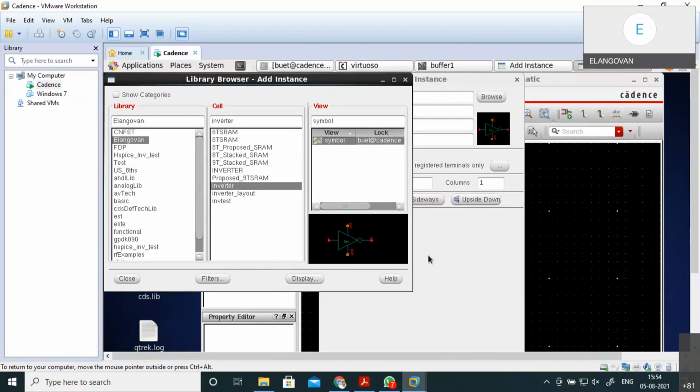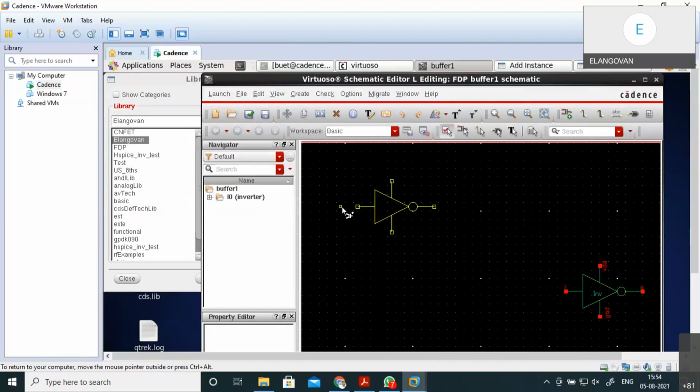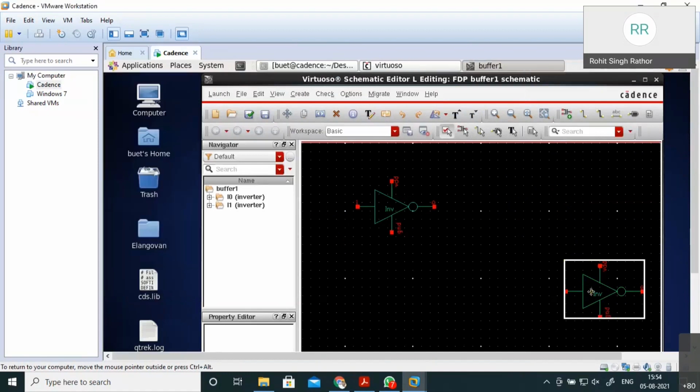Let me try to use this symbol. So I'm using this wire.